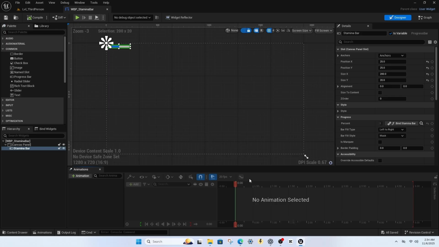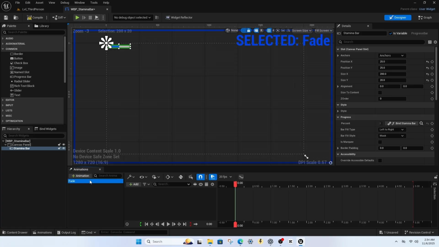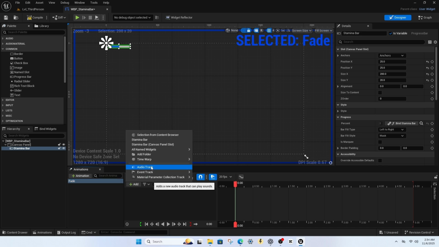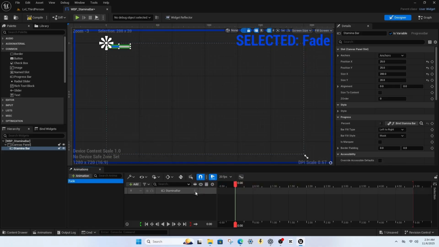All right, so in your stamina bar widget, in the animations panel, you're going to select the stamina bar, click the plus sign on the animation and type in fade. With the animation selected, we're going to click on the plus sign on add, and then we're going to go up to the stamina bar and click on that. Click on the plus sign on the stamina bar and look for render opacity. Go to the render opacity bar and set the value to 0. And then you're going to grab this little orange handle on the timeline and move it to 2 seconds, and then set the render opacity